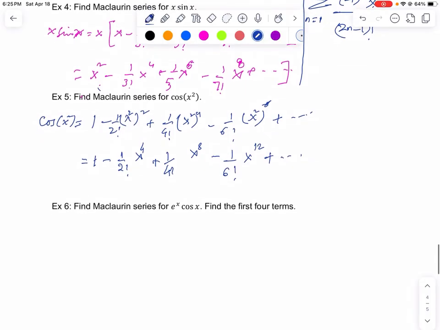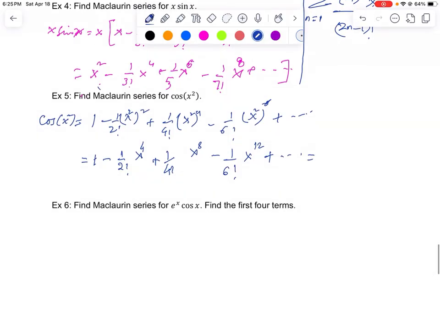So what is the closed form? Summation n is equal to 0 to infinity